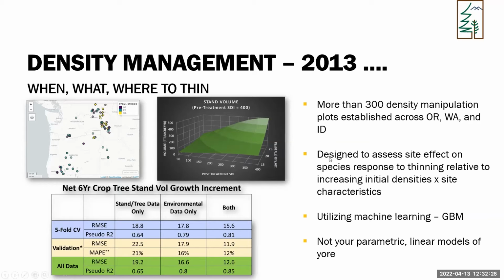And this little table graphic is just looking at some of our most recent analysis that shows that if you rely only on stand or tree data, your assessment of growth, that's what this crop tree stand volume growth is, you're only going to predict about 65% of the variability in your responses. You include environmental data in there, you can get up to 85%. These are not your typical models, and this is